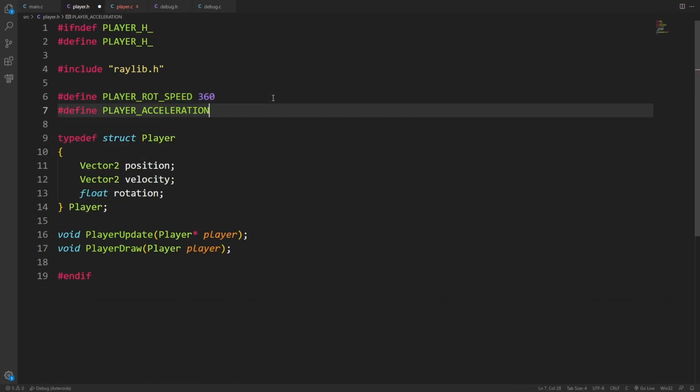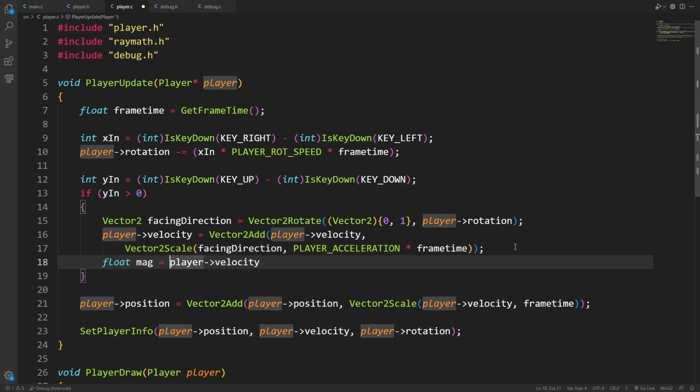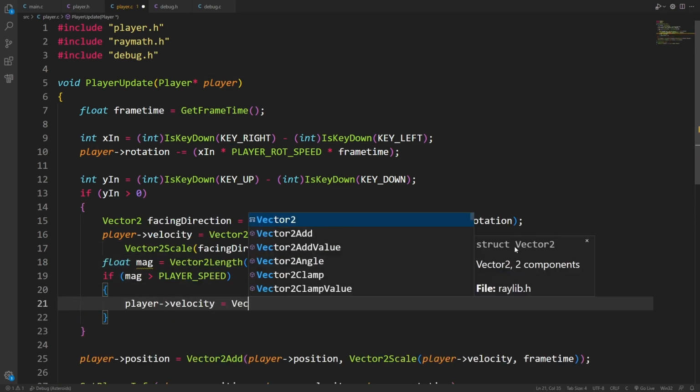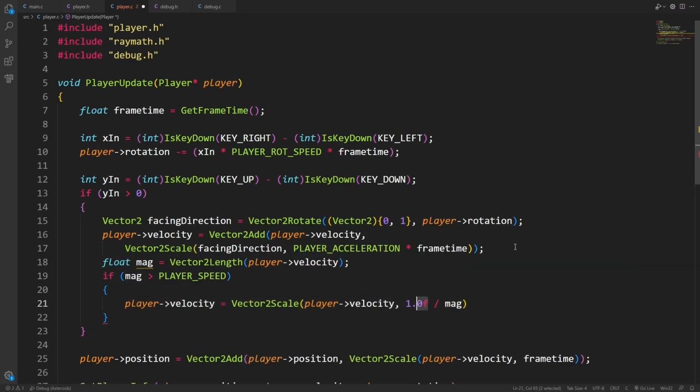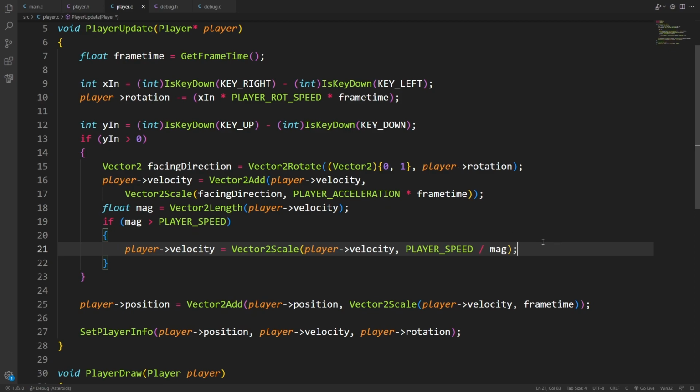I'll use vector2add to set the velocity equal to itself, plus I will scale the facing direction by a player acceleration value that I've added times frame time. So since this value is 200, that means if I was to hold up for a full second, our velocity will increase by 200. So I scale the facing direction by this value, which will be normalized since this is a normal vector. When I rotate it, it's going to keep the same length of 1. I'm scaling that up to this value, so this should be the magnitude of the new vector, and adding that